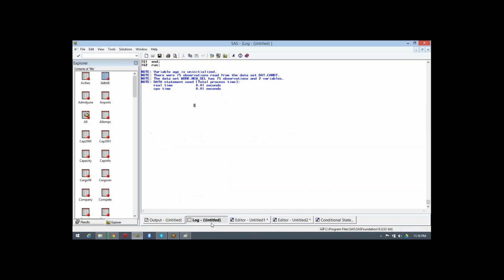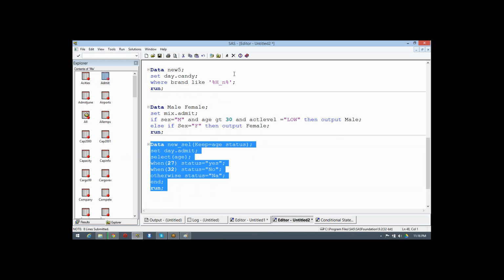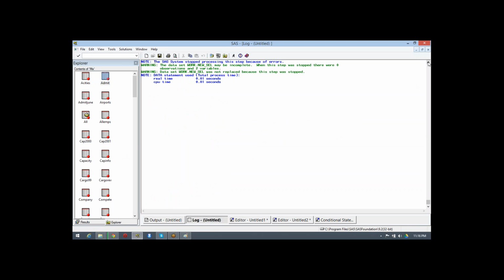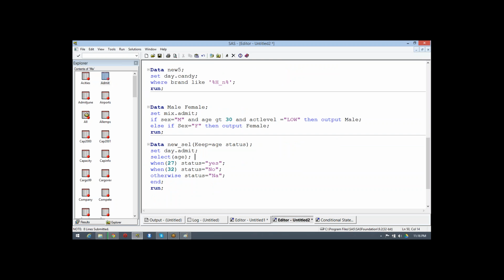Variable age is uninitialized. Where is age? Let's call it mix.